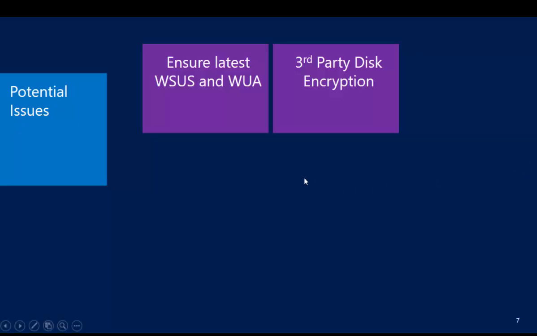So that's really it, as we tour around how Current Branch actually works to help with Windows 10 servicing. So we will wrap the session from here, and I will see you